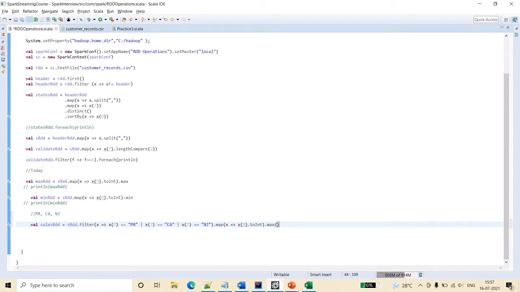So first I am filtering the entire data set based on the state codes, and from these state codes I am saying get the maximum number of sales. This is again an int, because we have used max here. So println of sales RDD. Let's run this code.